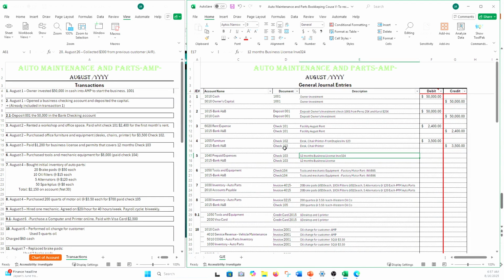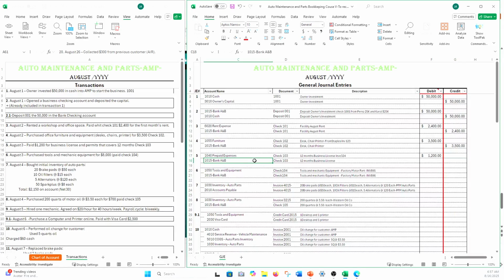So in this case, because again we are not using accounting systems, we are going to do everything in one general journal entry. Anyway, the prepaid expense is going to be 1,200,